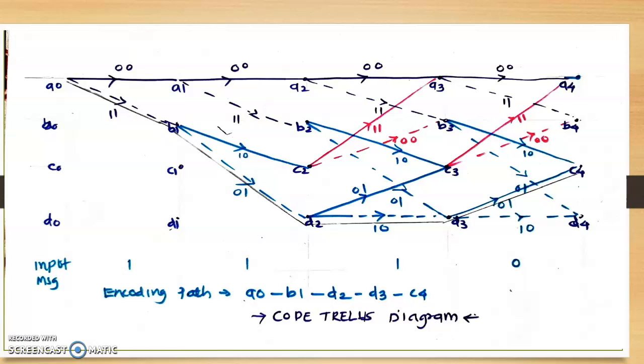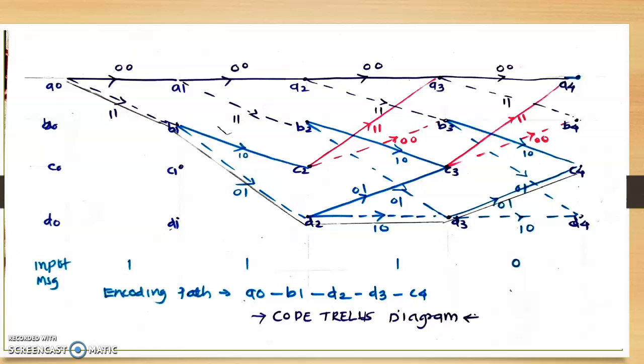Now in our case, as we are having 4 bits as input, we have 4 columns for the transition of this diagram. Firstly, I will consider only the A input. For A0, if a 0 input is there, it will go from A0 to A1 with output 0 0. When A0 has got a 1 input, it will go to B1 with output 1 1. This is my first column.